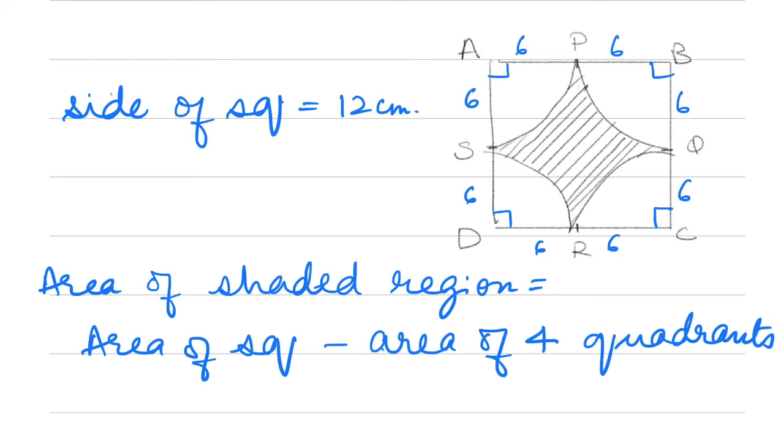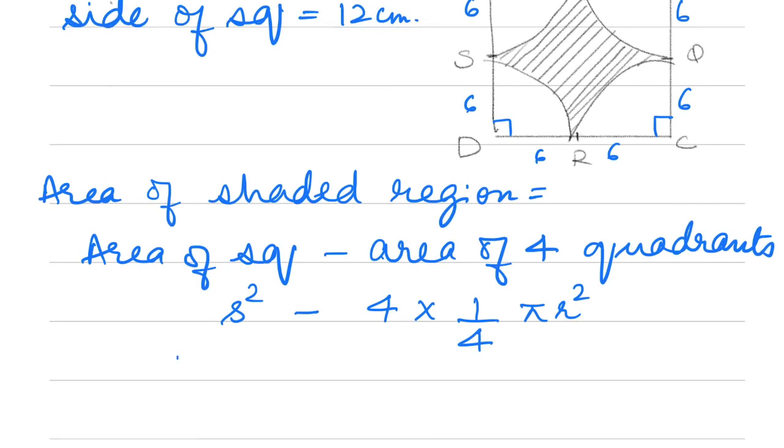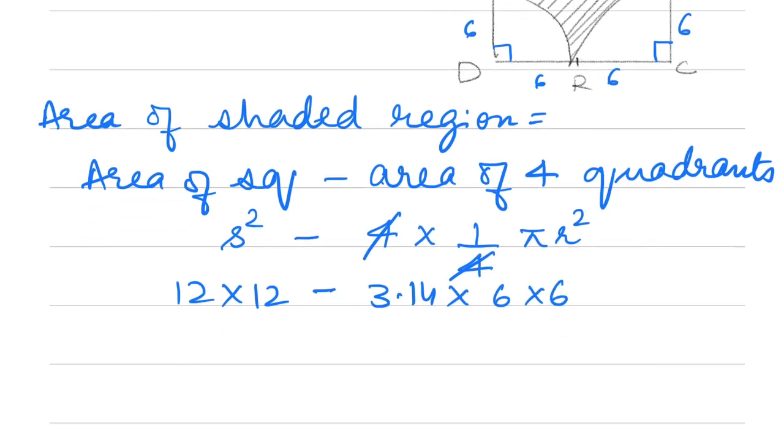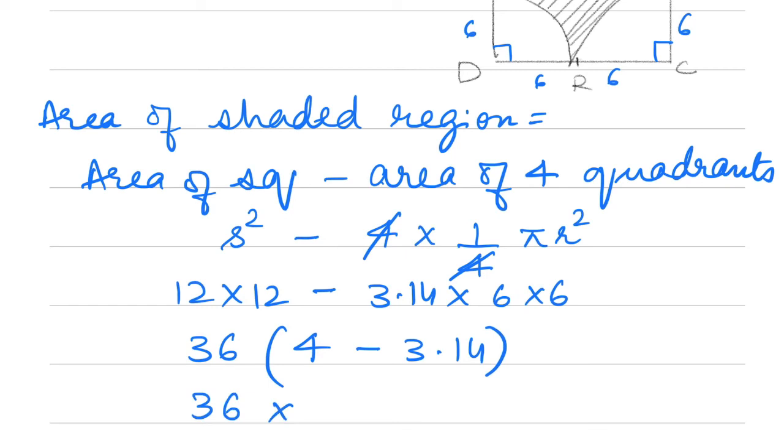Now area of a square is side square and area of 4 quadrants: 4 multiplied by area of 1 quadrant will be 1/4 of pi r square. All the radii are same. Now side is 12, so 12 into 12, 4 and 4 gets cancelled, minus 3.14 into radius is 6 into 6. Here I can take 36 common, so I will get 36 into 4 minus 3.14